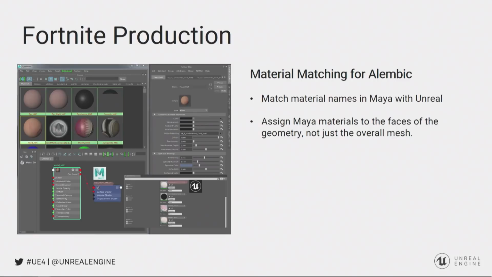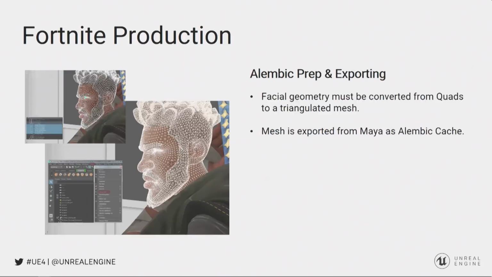Ultimately, from Alembic, you should also understand that your materials have to match between Maya and Unreal, and the material has to be applied to the specific geometry, not the overall mesh. When that gets exported, all the geometry has to be triangulated from quads, because everything in Maya is a quad-based mesh, and that mesh is then exported out as an Alembic cache